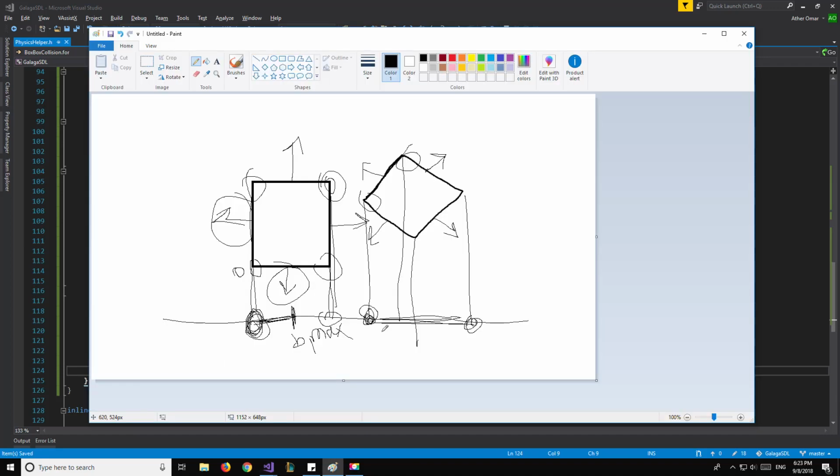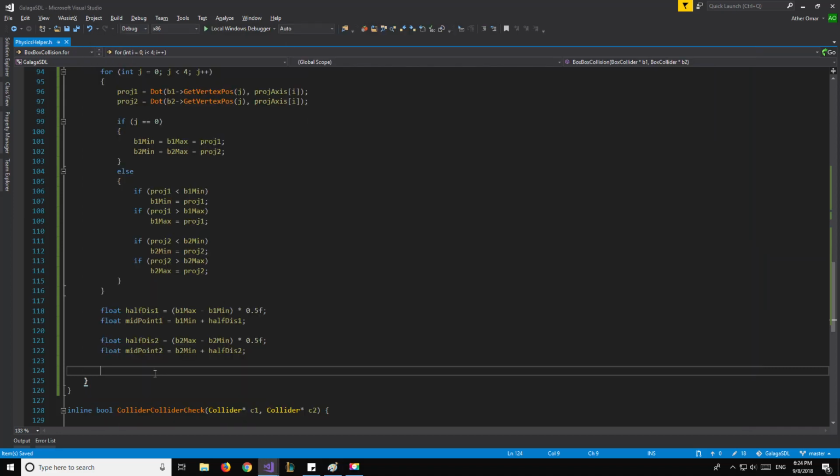And we'll do this basically just like a circle collision, because now we have a midpoint, we have half the distance, which is like a radius, and we'll say that if the distance between the midpoint of one and the midpoint of the other one is less than the two halves added up, that means that there is a collision. So we can say if